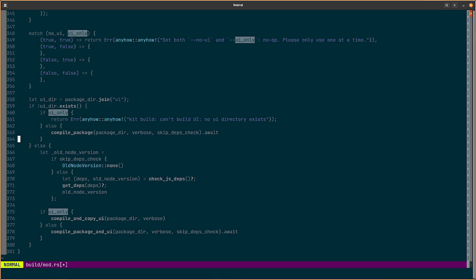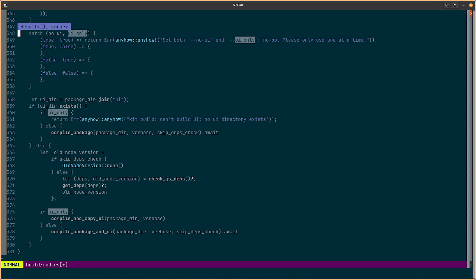Yeah, that makes sense. I mean, we're going to have to do the UI dir check multiple times if we do the match way, right? In these two branches, we're going to have to do the UI dir thing. Oh, I see. I was thinking of adding a third boolean to the match statement, UI dir exists? I'm not sure if that actually makes it better. It might. So many branches. I like matching more than if else, but it's a preference thing mostly.